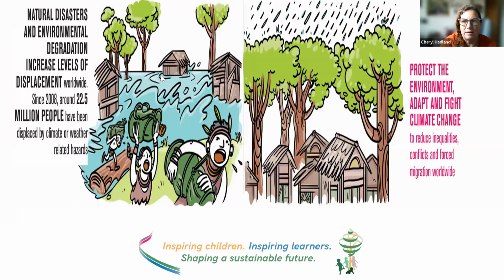And that's the other one, again, I nicked this off the internet. And this is more about the displacement levels. I hadn't appreciated over 20 million people being displaced by climate or weather-related hazards already, and it's just getting worse. And what can we do? Well, we just have to try and protect the environment as much as we can, try and keep our carbon footprint as low as we can, encourage others to keep theirs down, and watch out for buying stuff that's making inequalities and conflict worse.